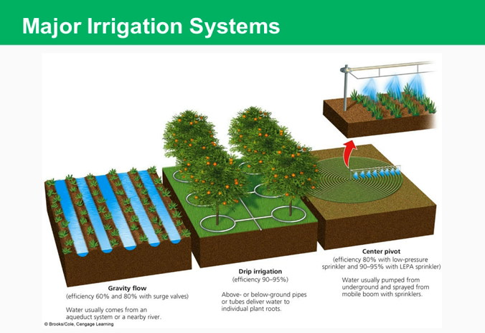Okay, so here is the example of the gravity flow. Gravity flow, also called flood. Basically, see how it's like a gully, and they're just letting water go down, and hopefully you'll hit it. Drip irrigation, you have the circles that are at least getting closer to the roots, whereas at center pivot, you are right on the money there.